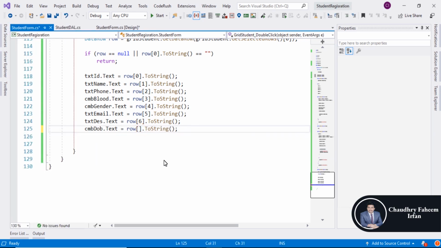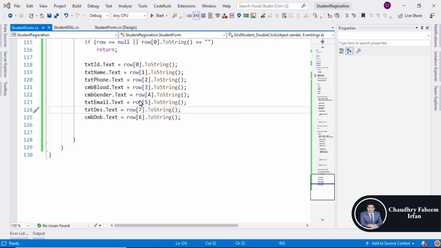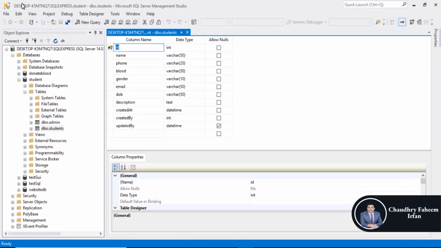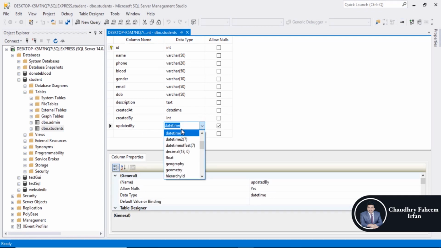So description 6, this one is 7. Save the project. I think open SQL Server, and here change the type updated by to integer, and save this table,